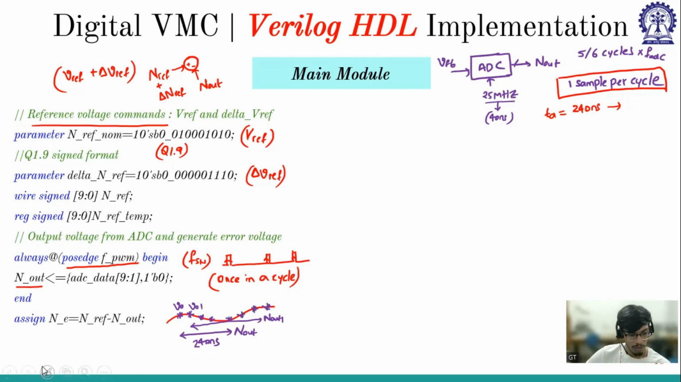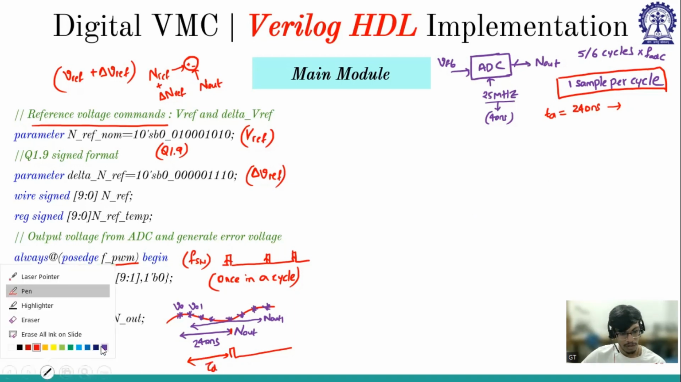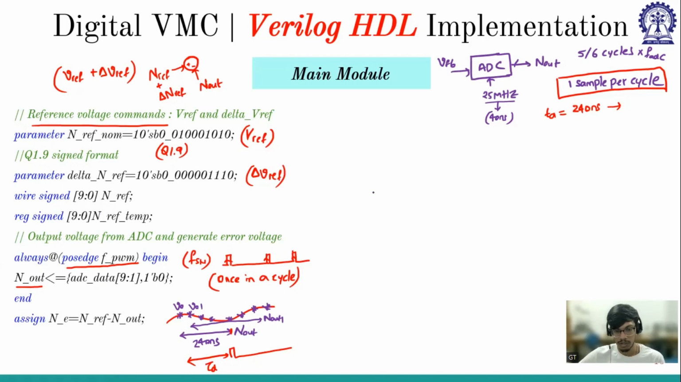Say there is a switching pulse here. This V naught is available here, but whatever V naught I am getting was sampled 240 nanoseconds before. You may consider this as tau d, and the tau d that we get from the data sheet of the ADC is 240 nanoseconds. So then SAR is getting the digital equivalent of the feedback voltage,